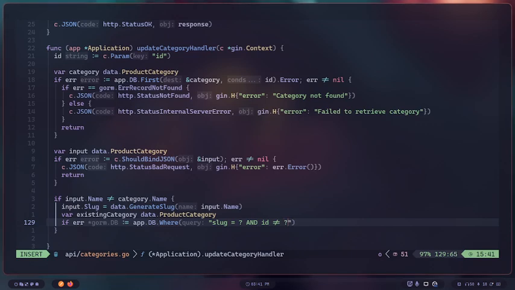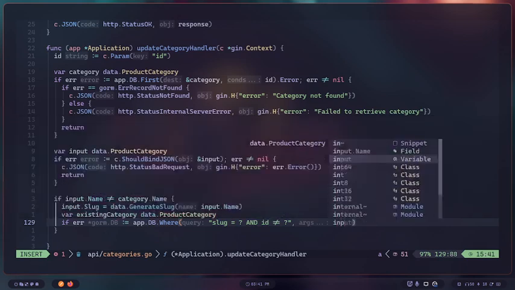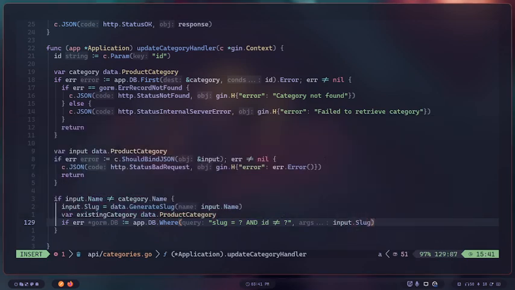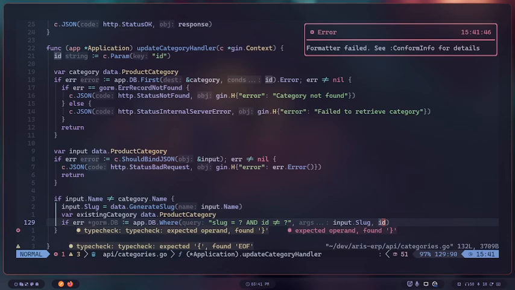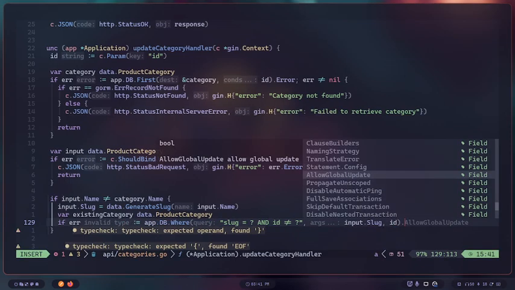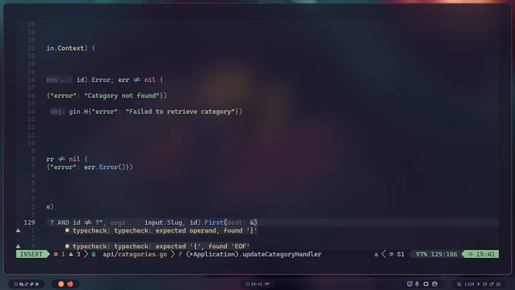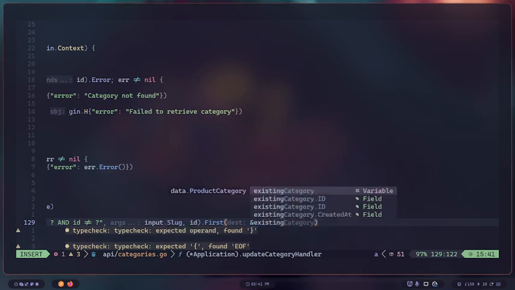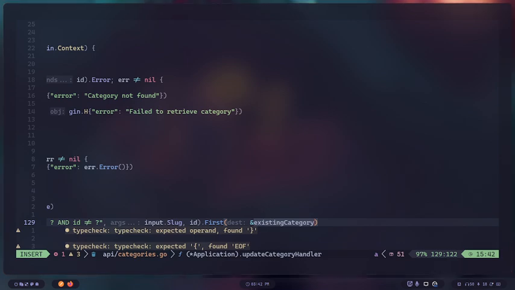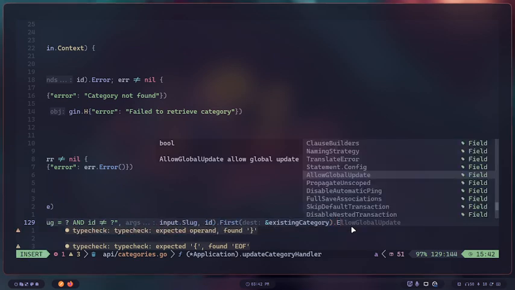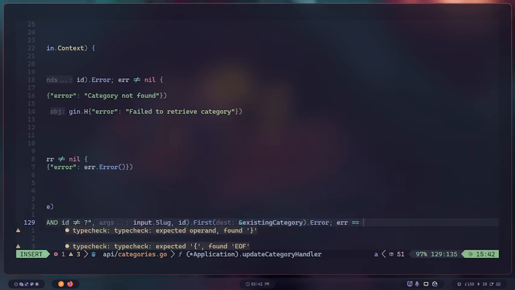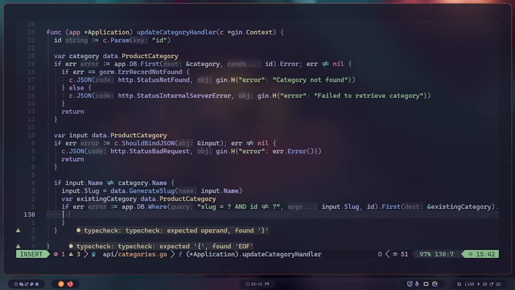And this will work like a placeholder to receive the input.slug and the ID, to find an existing category. And if there's an error, it will return